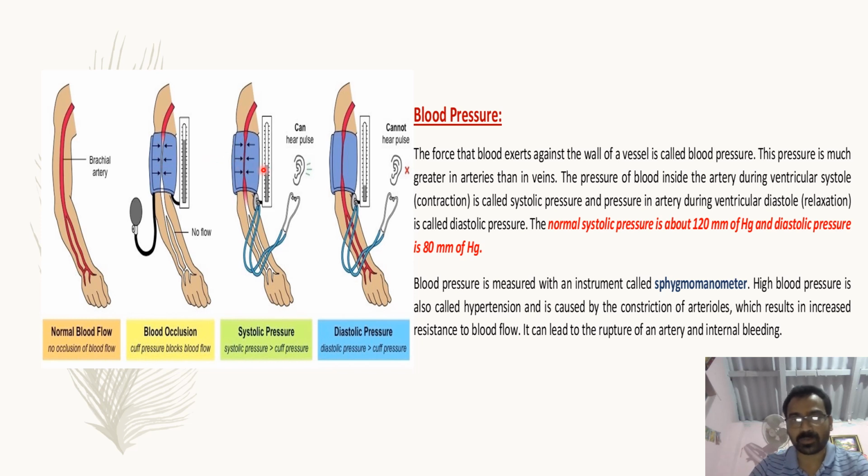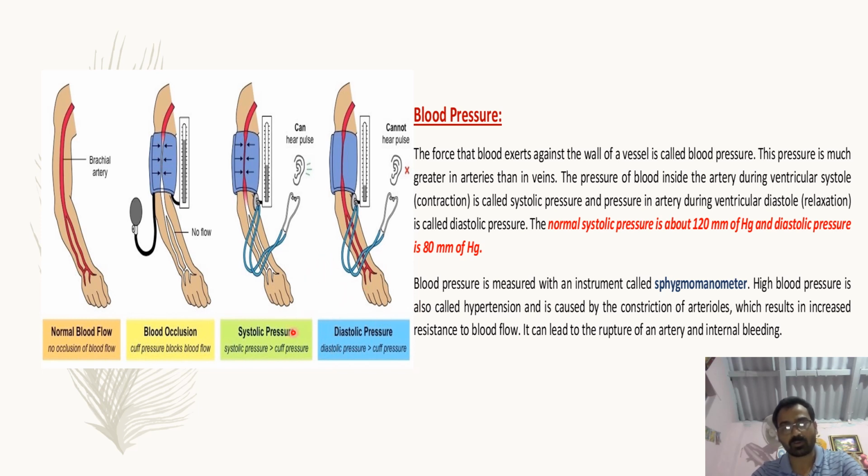Now finally we are going to learn about blood pressure. Blood pressure is the pressure that is experienced on the radial wall of the artery whenever blood is flowing through it. It has two differential values. One is at the high point and the other is at the low point of pressure. The high point of pressure is called systolic pressure, the other is called diastolic pressure. These two differential values are due to the movement of the heart.